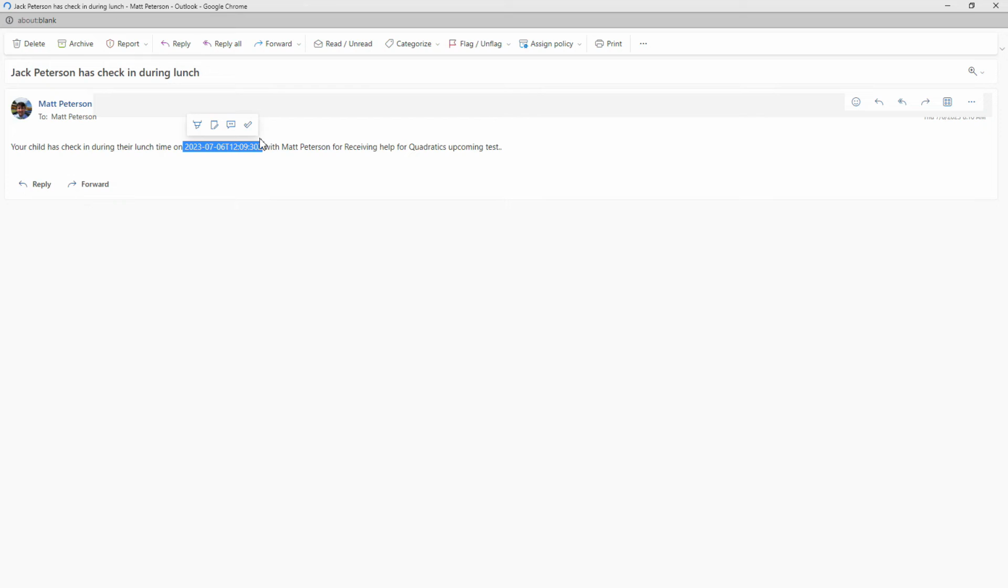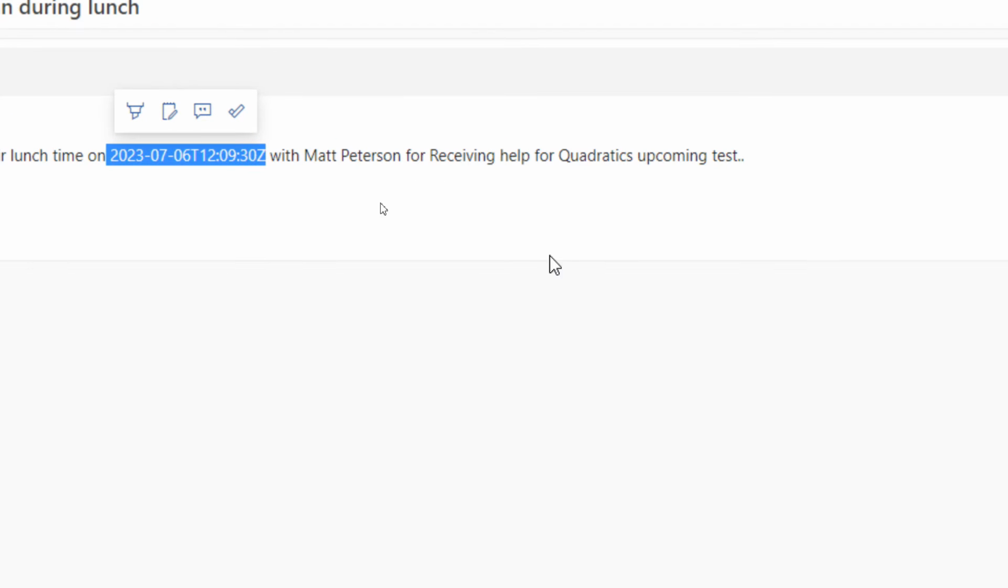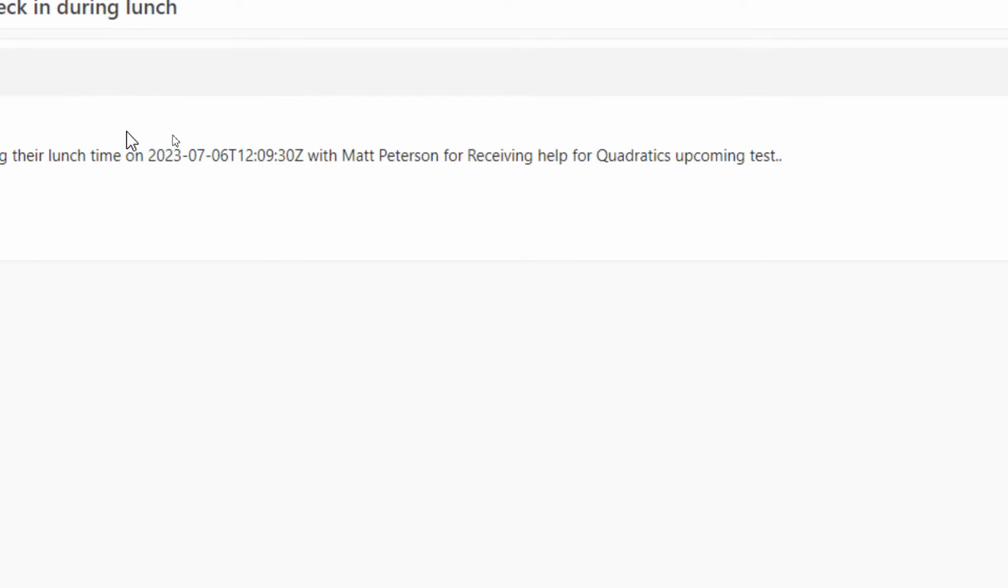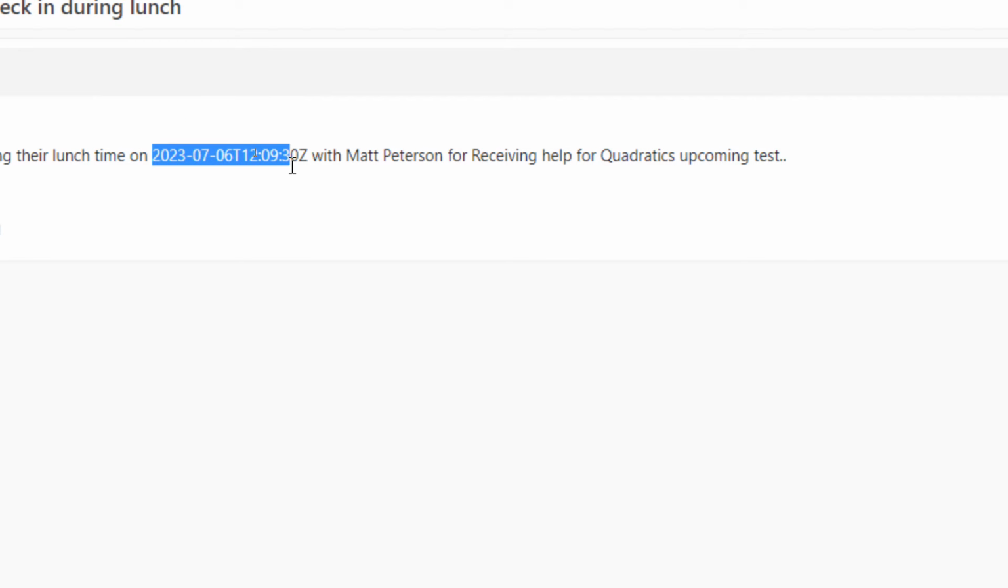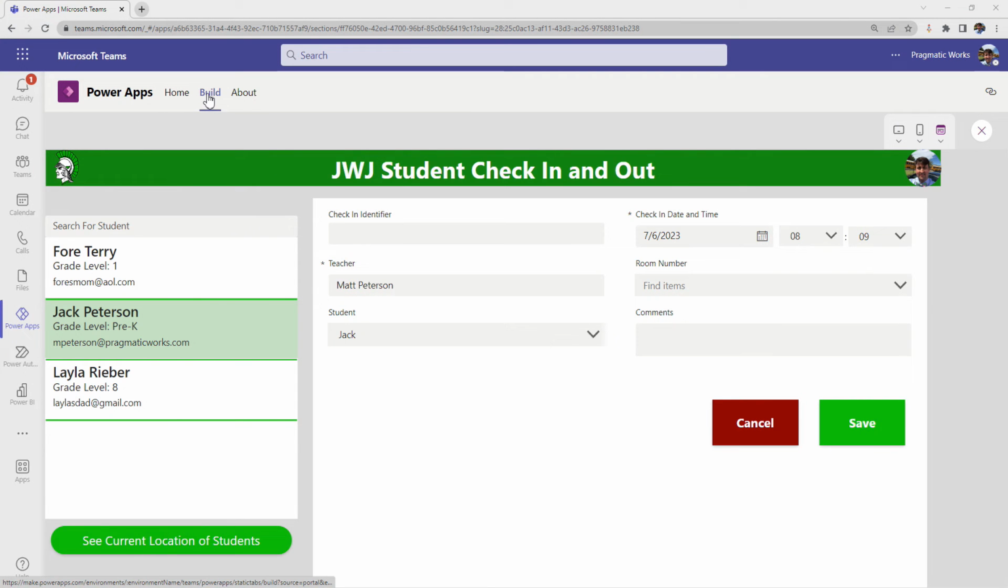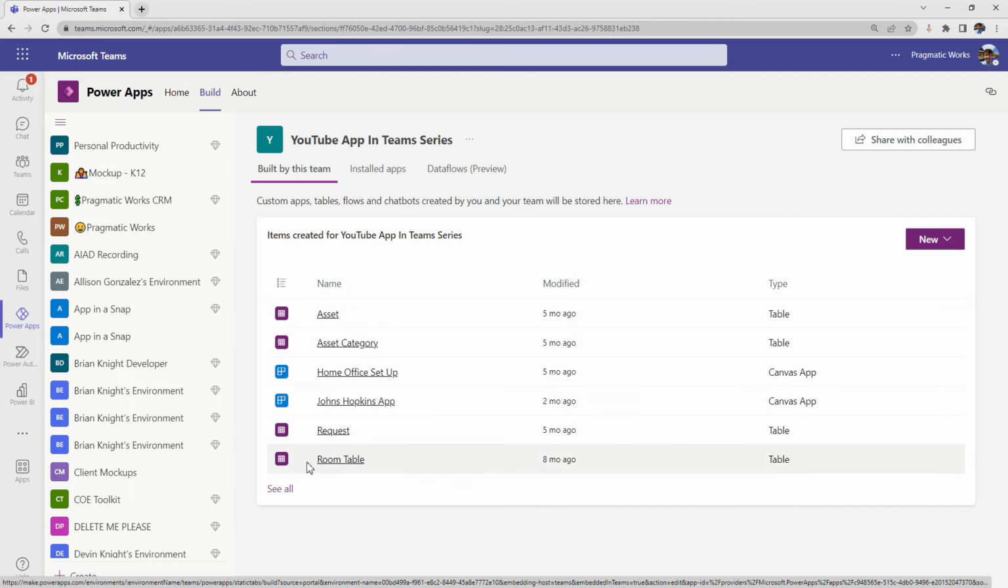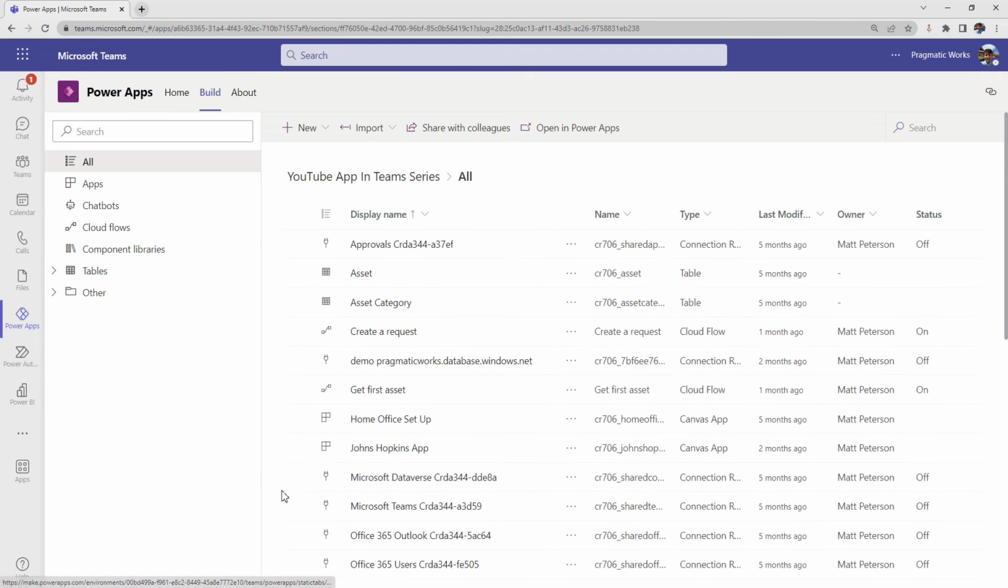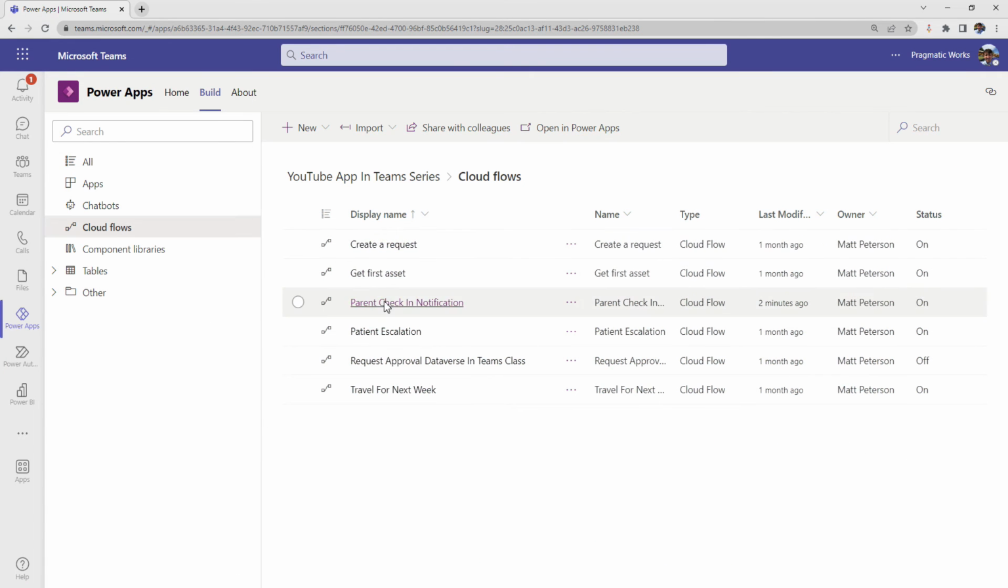So what I'm going to do is take advantage of one of the new features in Power Automate. I'm going to copy out this whole date timestamp. And I'm going to go back to my flow itself. So I'm going to come back to my build section. I'm going to go to see all, I'm going to come back to that cloud flow, which is my parent